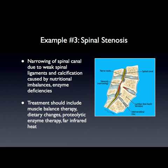All right, example 3, spinal stenosis. Again, spinal stenosis is a narrowing of the spinal canal. It's typically due to weak spinal ligaments, calcification, and calcification is primarily caused by a nutritional imbalance and deficiencies in proteolytic enzymes that are typically responsible for maintaining and breaking down excess fibrous buildup in the body. And treatment, what we've found is people with spinal stenosis respond best to proteolytic enzyme therapy, far infrared heat, and